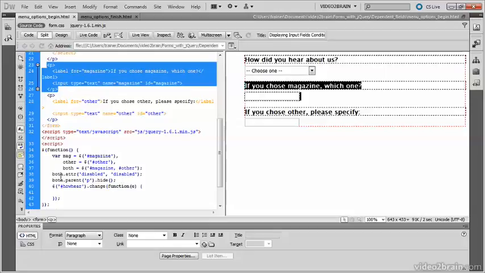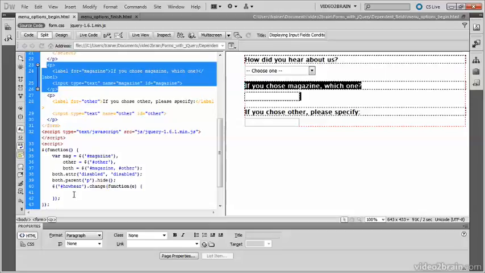You need to disable the fields before hiding them, because otherwise those fields will be included in the data submitted by the form, and you don't want that to happen if a different option has been selected in the drop-down menu. And here I've bound a change event handler to the howHere element, in other words the drop-down menu. And in the anonymous function I now need to create the code which will control the display and hiding of